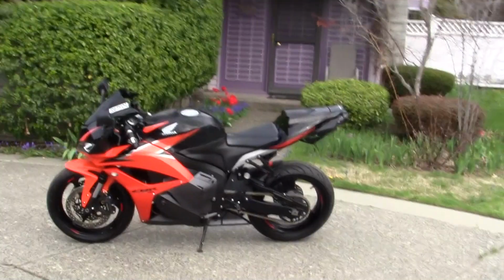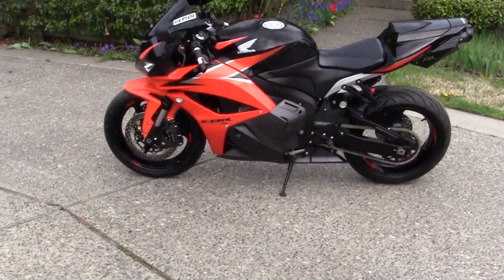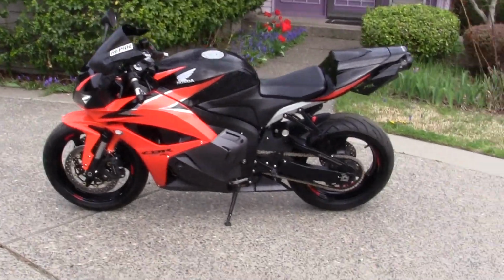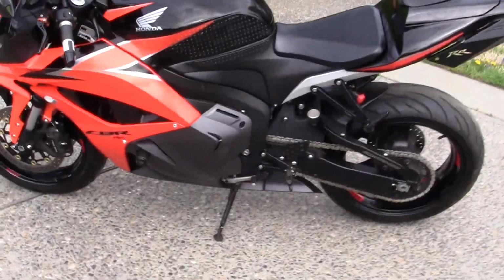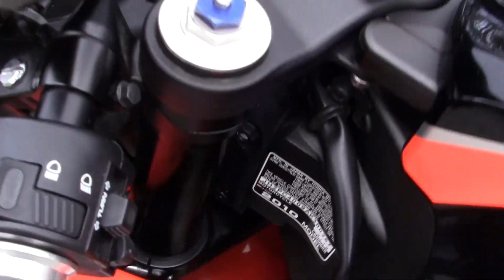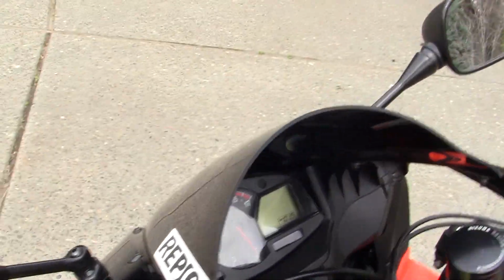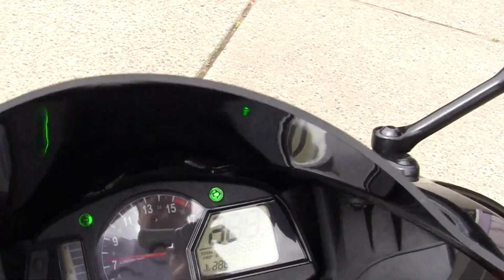For instance, this is the bike I bought to run against the deal, and it's a really nice bike. It's a 600RR CBR, okay? It is a 2010 model, and it has